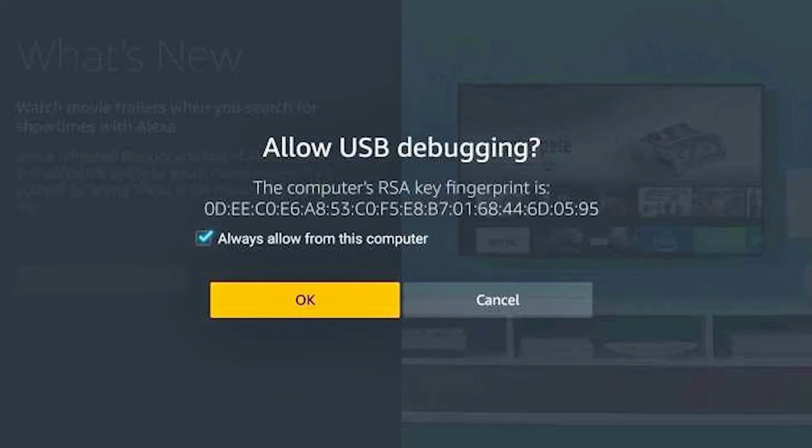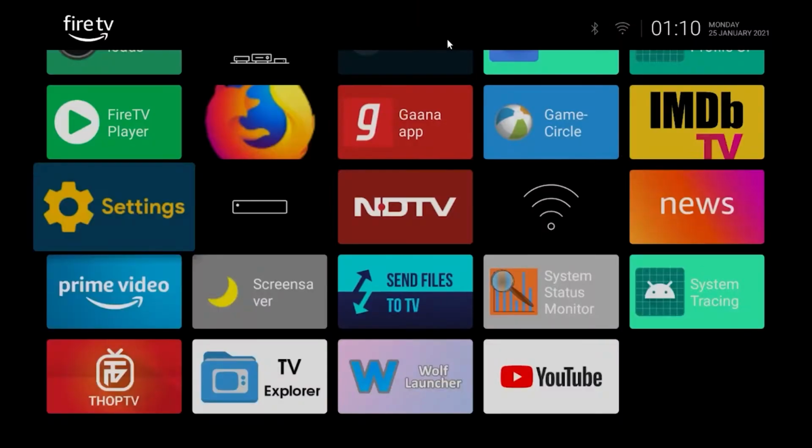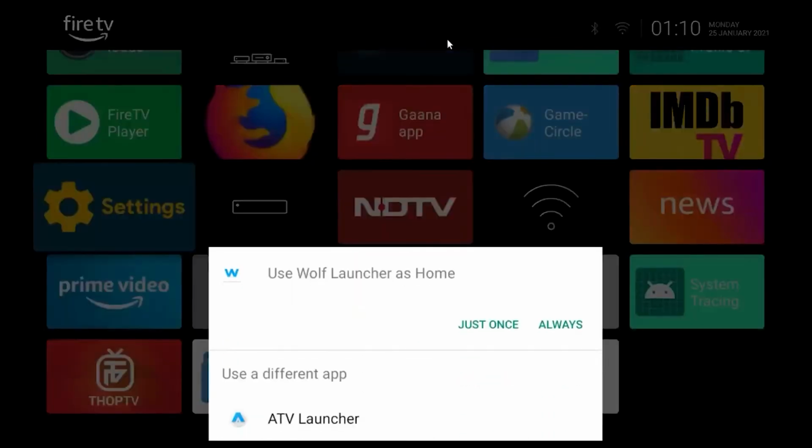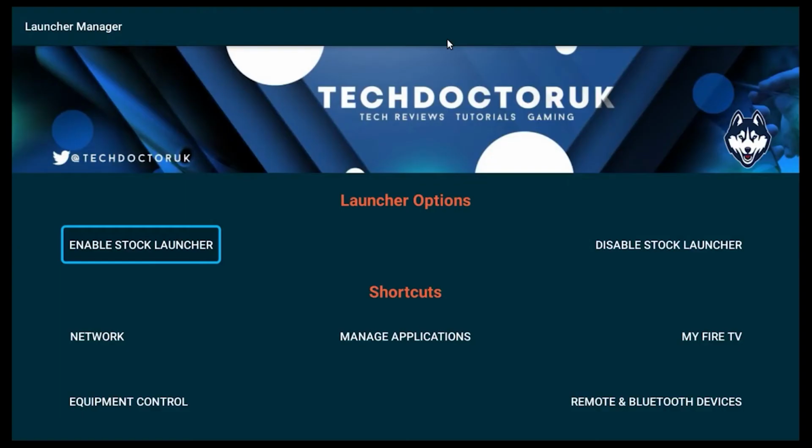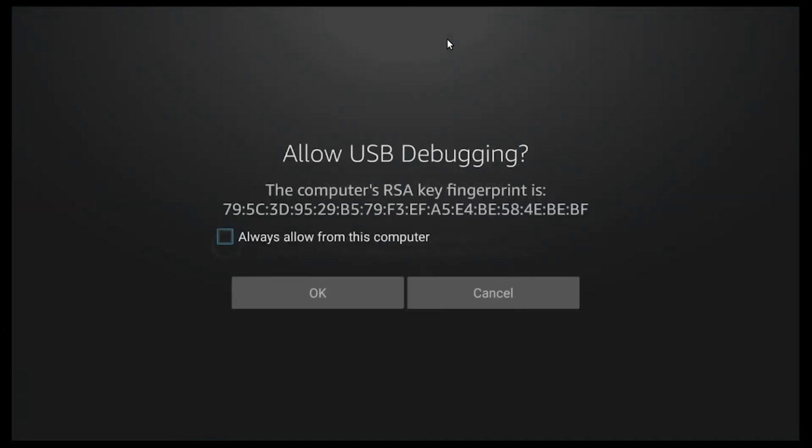and a pop-up will come up saying allow USB debugging. So click on the arrow, always allow, and then click on yes. This will allow you to install this kind of third-party launcher or custom launcher. And here you can see, if you have multiple launchers installed, then if you press the home button on your remote, it will ask you to choose one, but if you have a single app, it will not ask.